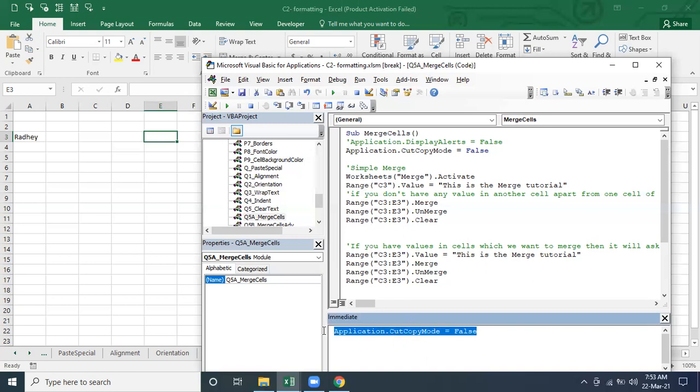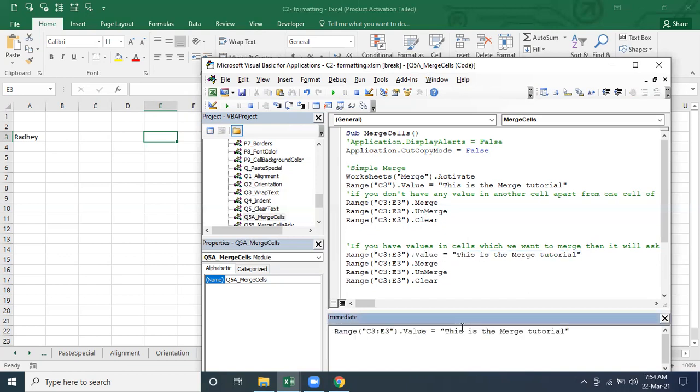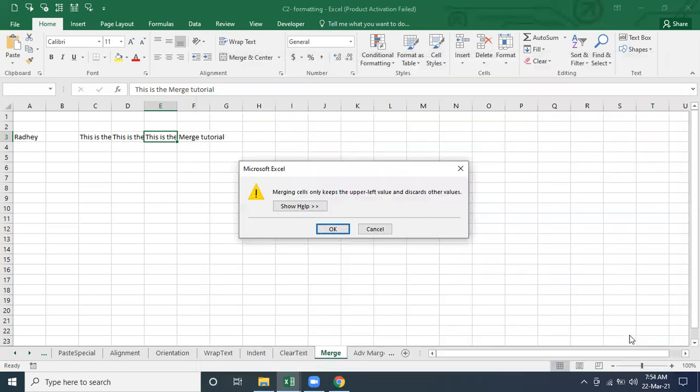And the second thing, if you want that alert, if you're going to merge it, just see, let me pass the value first and then I'm going to merge. Now I'm going to merge. And now it's giving a warning, right? That information it will give. Just see, this information is given.